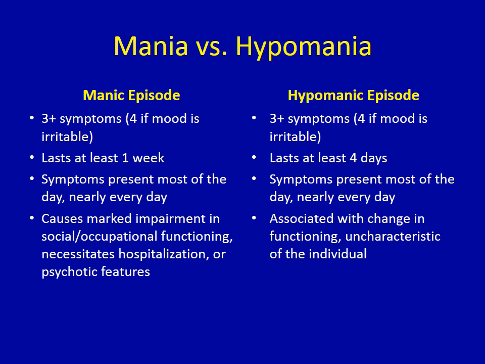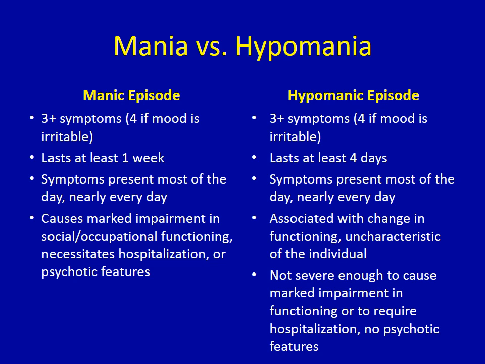And the symptoms are associated with a change in function, so they are uncharacteristic of the individual, but they are not severe enough to cause impairment in functioning, they're not severe enough to require hospitalization, and there's no evidence for psychotic symptoms like delusions or hallucinations. So we can see 2 key differences here between episodes of mania and episodes of hypomania. So the first is duration. So the requirement for length for hypomania is shorter than for mania. You can receive a diagnosis of a hypomanic episode in 4 days. To meet criteria for a full manic episode, symptoms need to be present for at least a week unless the